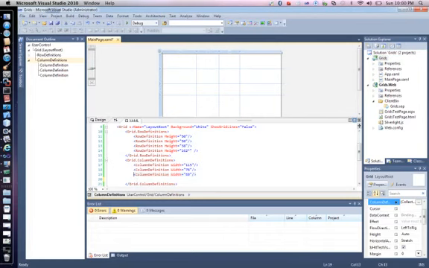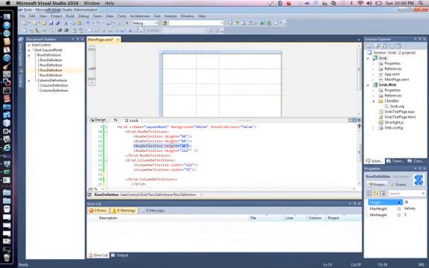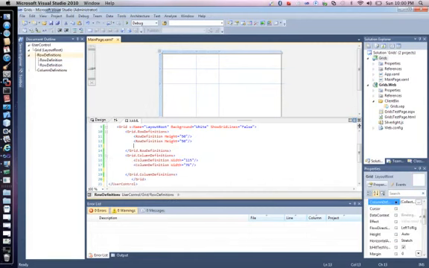If we were to get rid of one of these right here, you'll notice again, it'll get rid of the 1, so now you have 0, 1, 2. Same thing with the row definitions here. If I were to delete 2 of these, then we'd go down to 0, 1, 2. So very similar. It just defines how many columns and how many rows you have, and before anybody asks, yes,